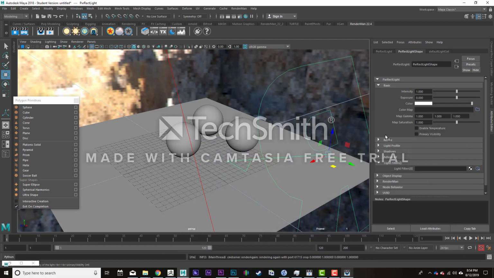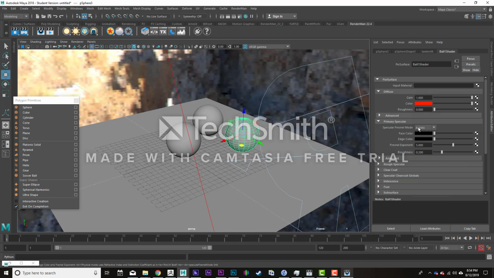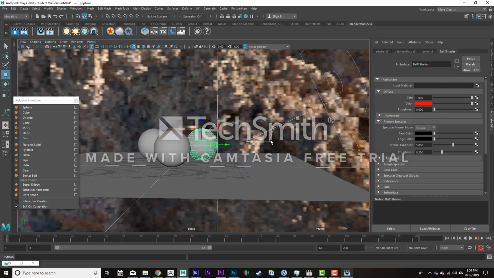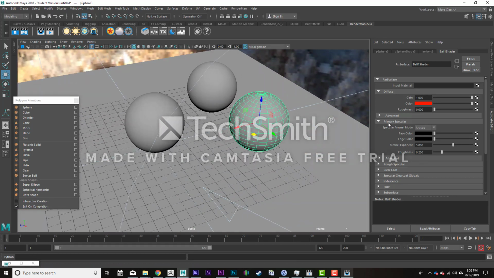So a couple things we can do with the shaders. The first thing I mentioned was changing the specularity or the reflectivity, which I did with the blocks showing the reflection of the HDRI image. So if I go under primary specular right here, face color is basically going to be the amount of reflection that we can do on the shader. So if it's black, it can't reflect anything. But if we change it up to a white,